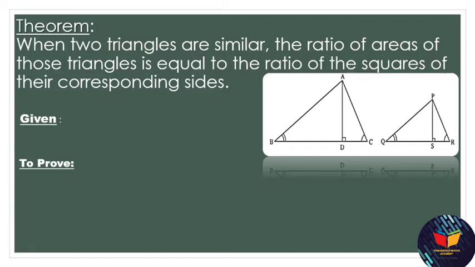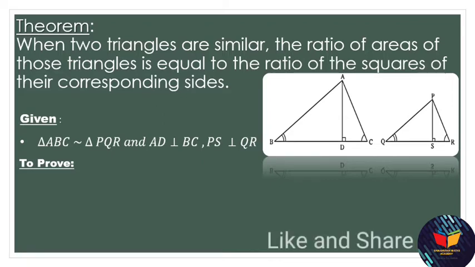Okay, so now what will we write in Given? What we can see, or what is given in the statement. Okay, so in the statement we are given that two triangles are similar. So here we can see triangle ABC and triangle PQR are similar. So we will write in Given that triangle ABC is similar with triangle PQR and AD is perpendicular to BC and PS is perpendicular to QR. Okay, now this much is done. Now we will write To prove.